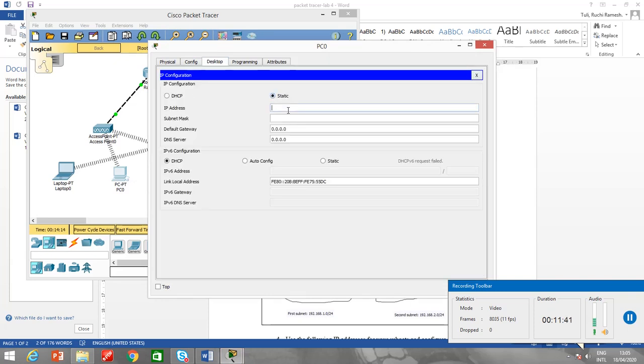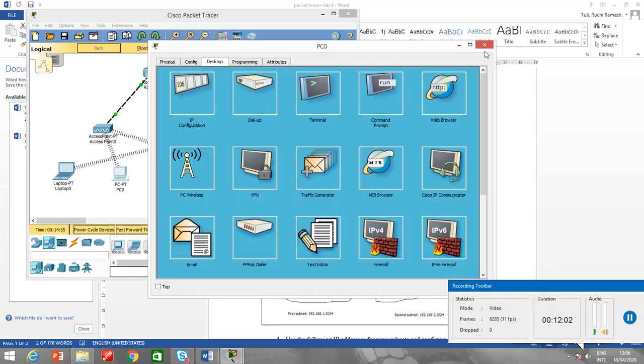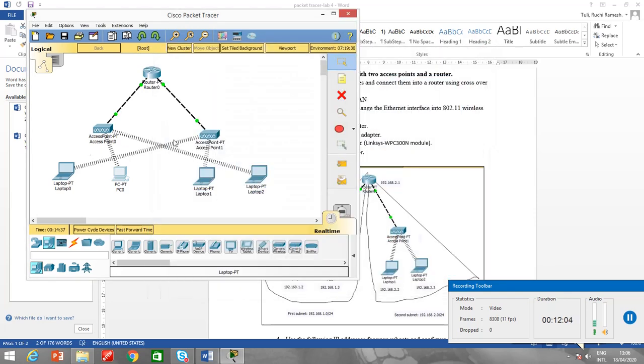It's static 192.168.1.3 and subnet mask. And for the default gateway, I just make it 192.168.1.1. Alright, so it's done. Both of these are configured.